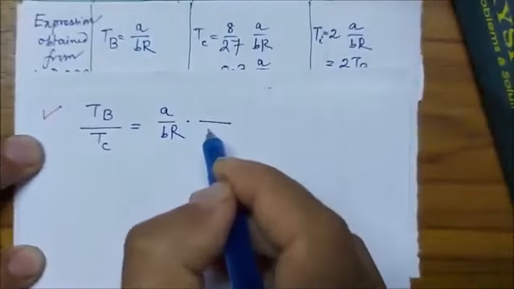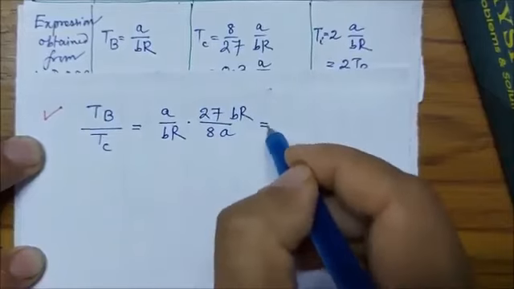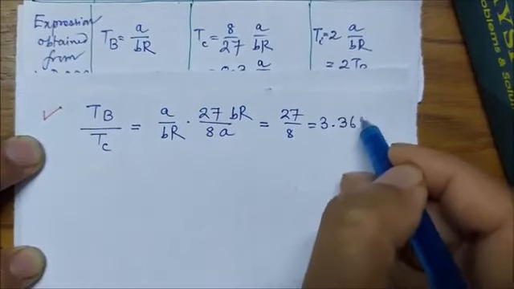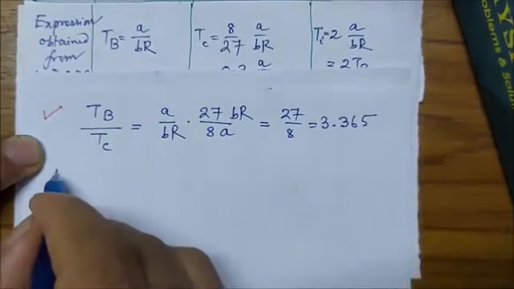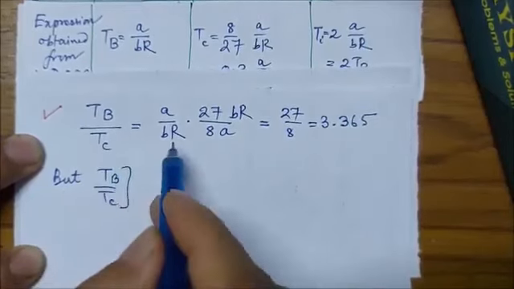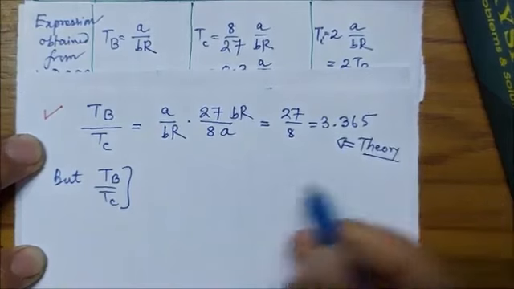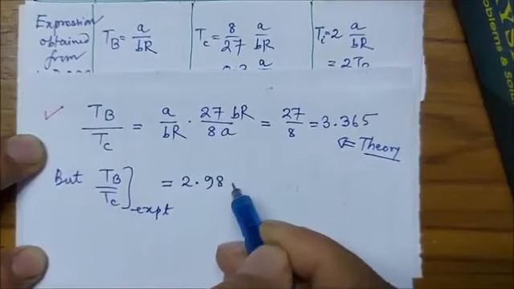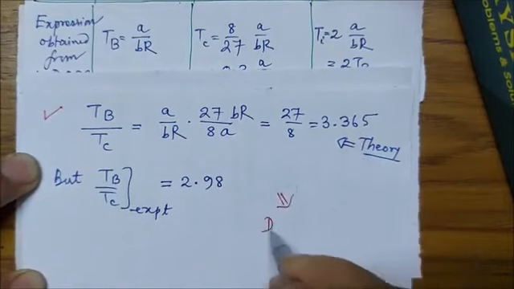Regarding agreement with experiment, let us mention that the ratio of Boyle temperature to the critical temperature is, this is the Boyle temperature and the critical temperature is 8/27 a by Rb. So this is 27/8, which is 3.375. But experiments show that, so this is the theoretical value. This is the value predicted by theory. And the experimental value is 2.98, which differs from this value. So there is disagreement